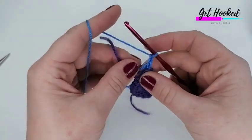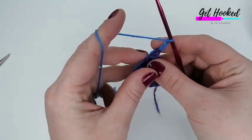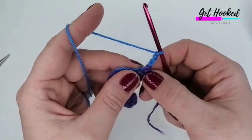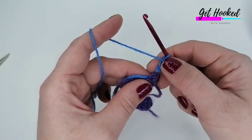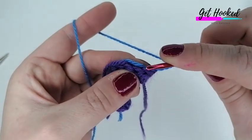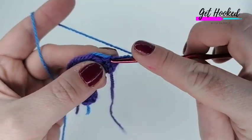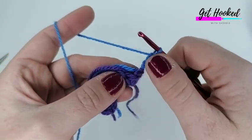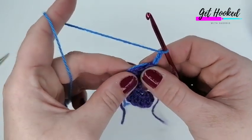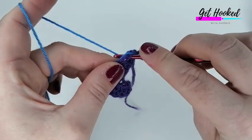So in this next round we're going to continue increasing, but this time we're going to do 1 treble, an increase and 1 treble. So this classes as our first treble for this stitch, so we're not going to work into the bottom of that stitch there because that belongs to this. We're going to go into the next stitch along, and if you just put your threads there we can work those in. So we'll put 2 trebles in here,